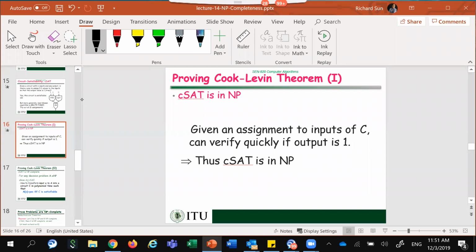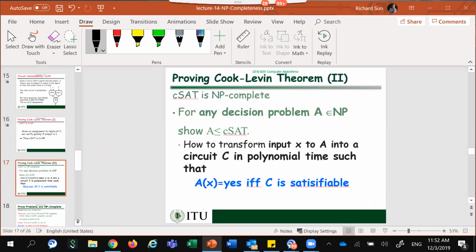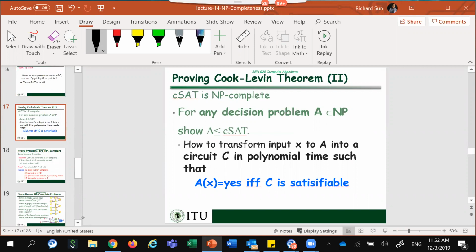So I give you an assignment. I just tell you, this input is 0, that input is 1, and so on. You can quickly take that assignment to verify if the output is equal to 1. This can be done easily by going through this circuit from the input all the way to the output. So the CSAT problem, circuit satisfiability, is polynomial time verifiable, therefore it's in NP. Now the next step is to prove all the problems in NP are polynomial time reducible to CSAT, and